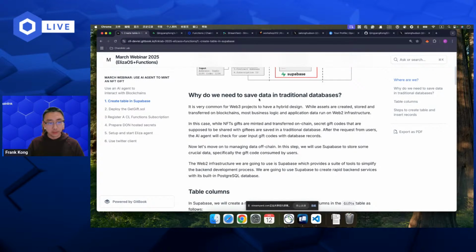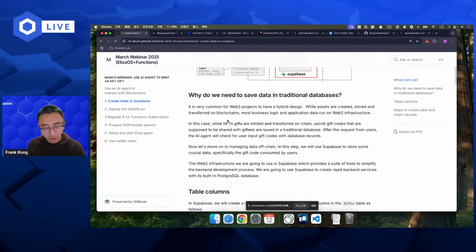Before we do that, the first question is, why do we need to save data in traditional databases? Well, for this question, we just talk about it, right? Because we cannot save everything on the smart contract, because the blockchain is expensive to use.